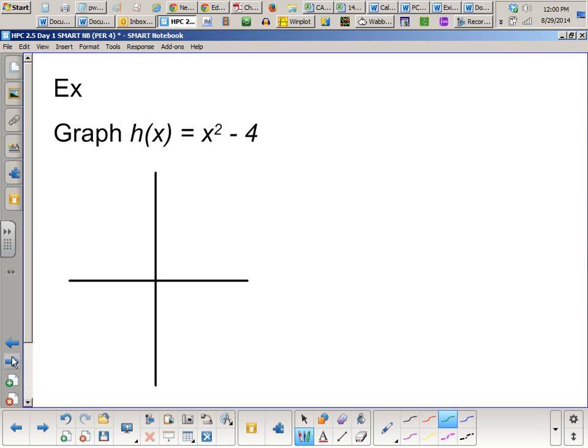So what about this one? This is no longer an absolute value function, but remember what I said. The rules work for all functions. So the first thing you want to do is identify your parent function. You want to figure out which flashcard this most resembles. Go to x squared. Yeah, this would be the x squared flashcard, right? The fact that there's an x squared means it's degree 2, and the only card we had was the x squared card. Okay, so if you know what that graph looks like,